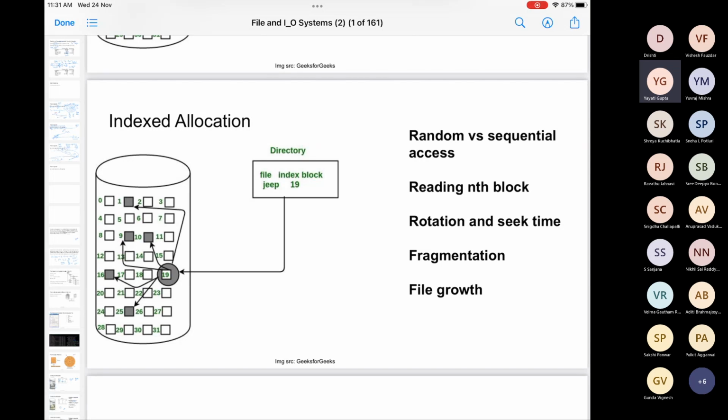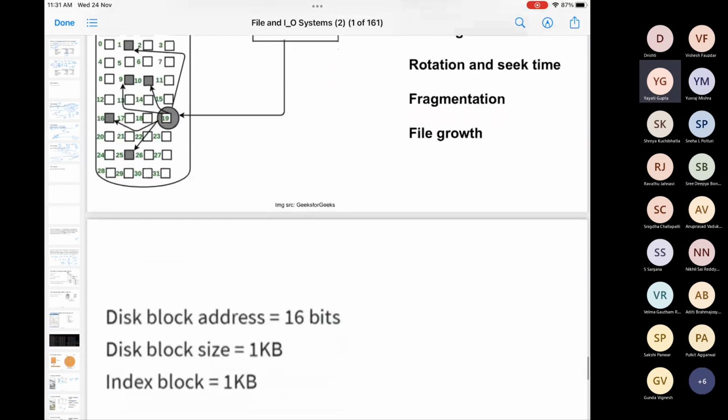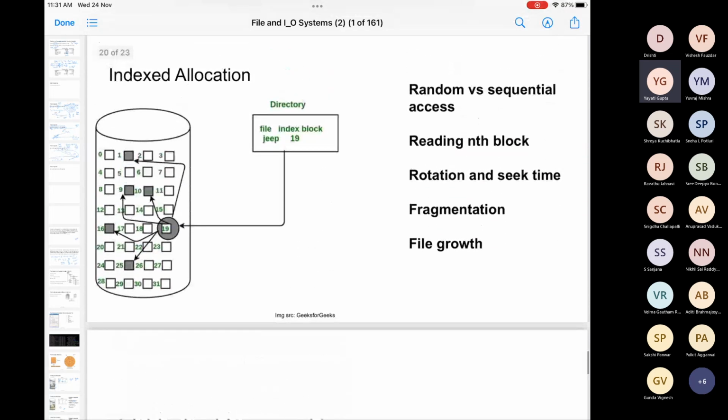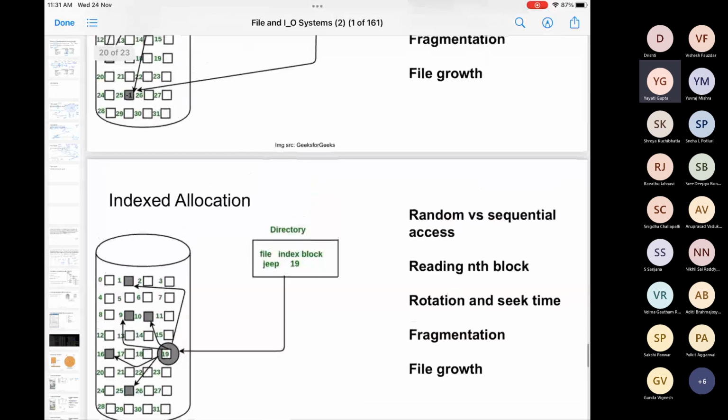So let's say you are using 10 sectors for this particular index, and then as the size of the index becomes big, the problem of external fragmentation will again pitch in. So what you can use, something like multi-level paging, you can use multi-level indexing. Right? So you can index an index. We'll talk about an example in a while. All right, okay, we are up on time, so we'll discuss two examples in the next class.